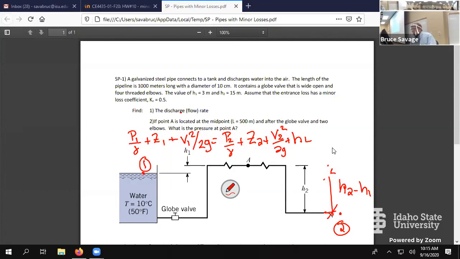Now, I don't know if it's the hardest, but this head loss term is where most of the work is. Because if we look at this, we say that P sub 1 goes to 0. And if we set our datum down here,